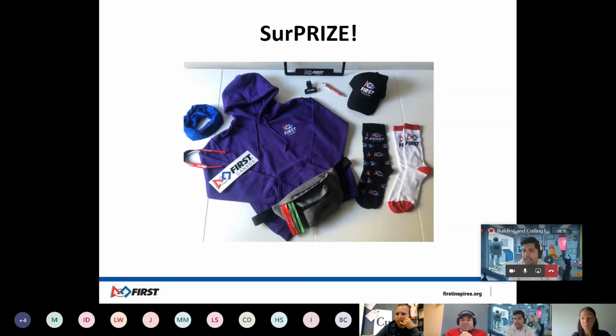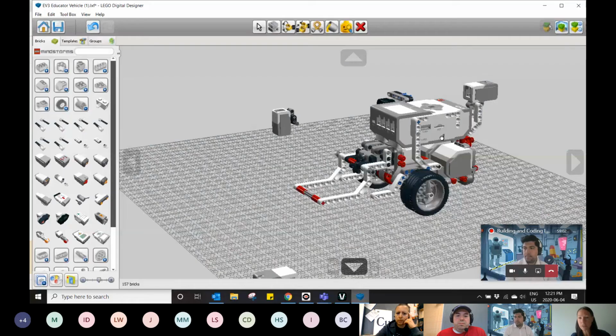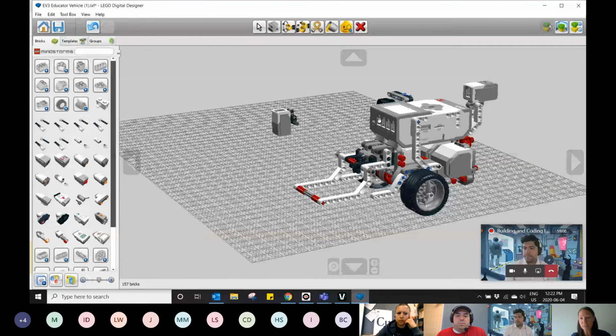So first question, Annika, was around, I'm assuming this is in Designer, so Lego Digital Designer. Does it handle wiring as well, or is it just mechanical design? So do the students hook up the cables? Can they do it correctly, incorrectly, etc.? Yeah, so the wiring doesn't happen in the Lego Digital Designer, although you can add wires. I'll just open it really quickly. Yeah, so you can add the wires, but it doesn't